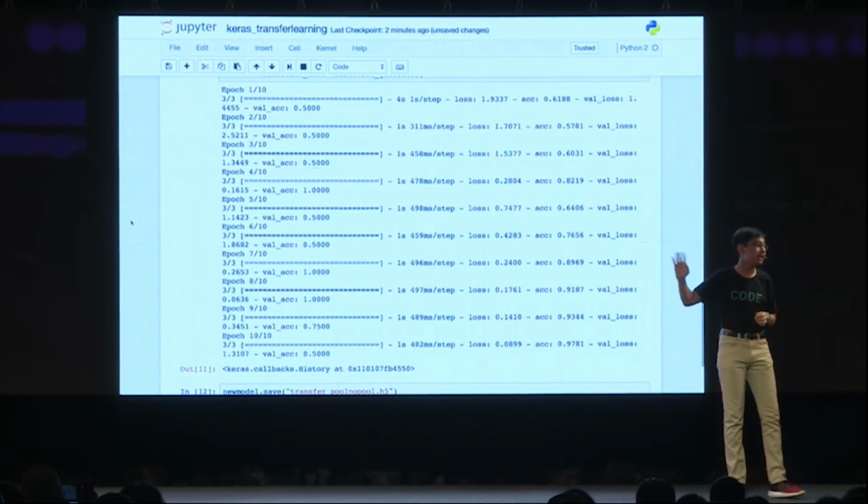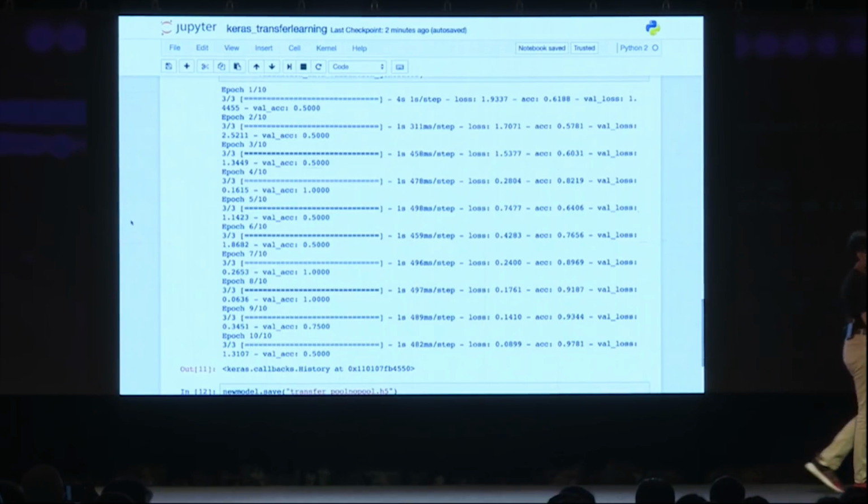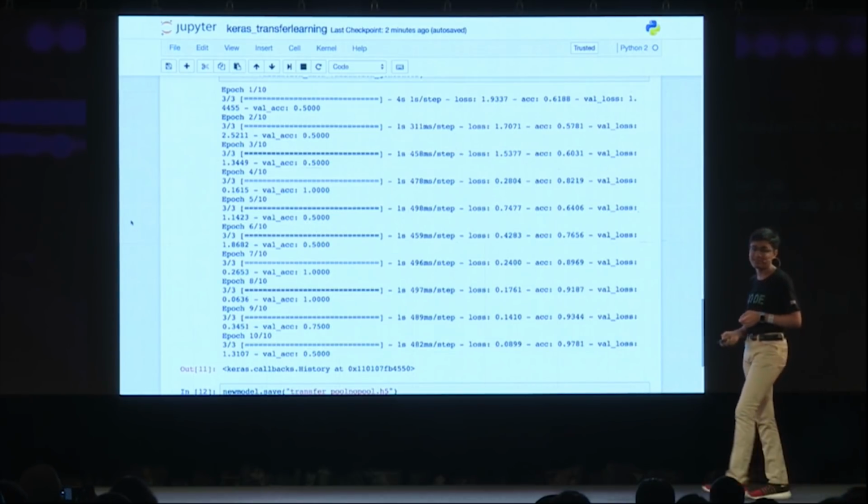Imagine all the repetitive code that's been taken away because I didn't need to do all of this. And now I, as a developer, can focus more on the actual technique of implementation and the algorithms behind this rather than focus on all of the code and actually getting the algorithms to work.